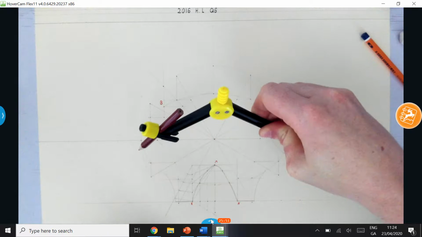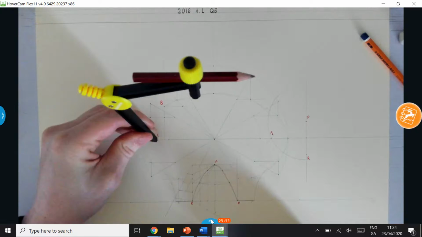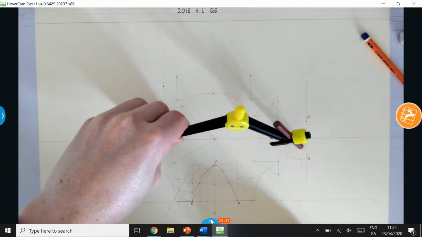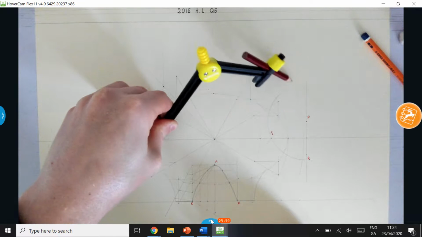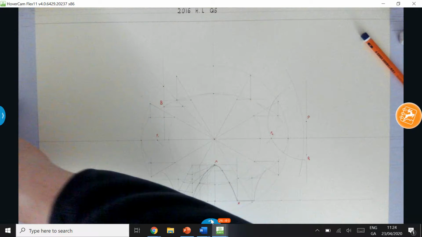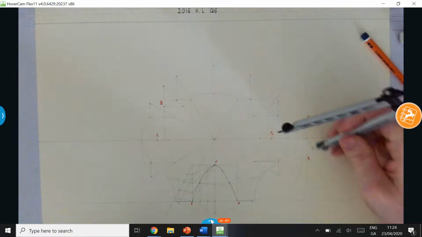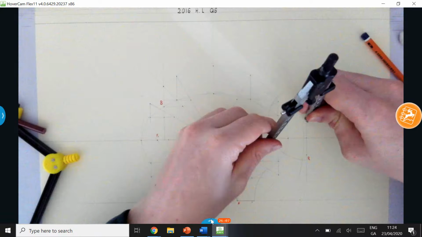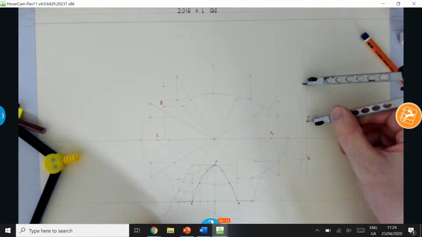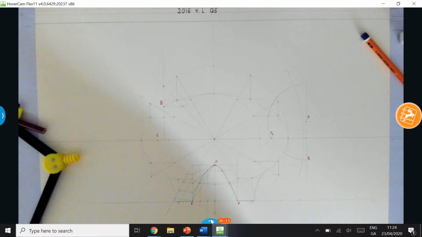So the full major, go to F1 and scribe again, and we'll see that this cuts the first scribe in 2 places. Should do anyway. Okay, that's going to give us this point here